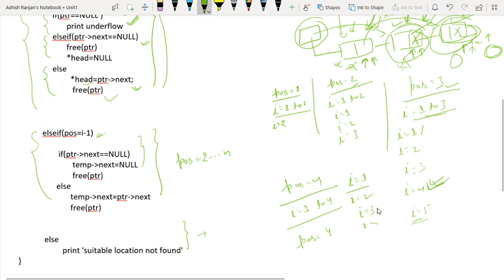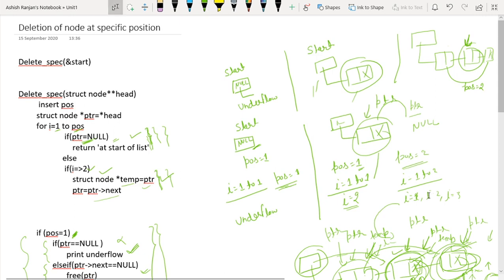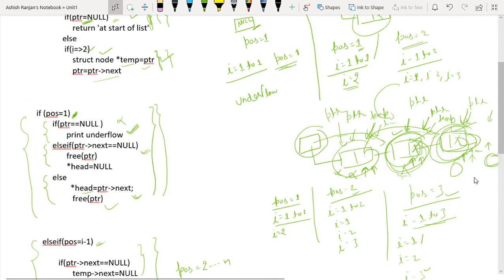For I equals 2, PTR will be here and temp will be here. For I equals 3, PTR will be here and temp will be here. For I equals 4, PTR will be here and temp will be here.